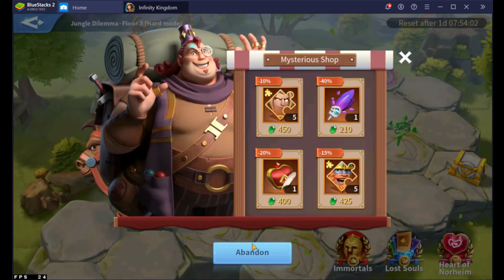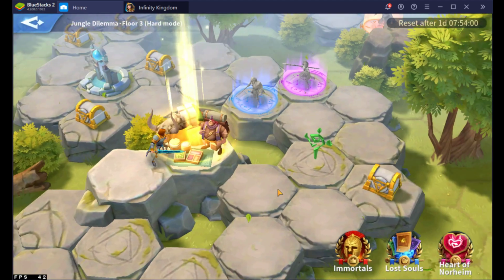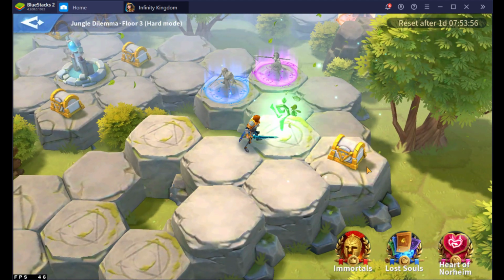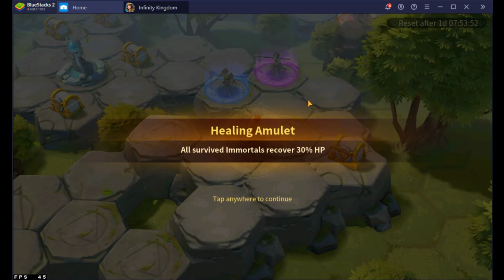Just so I have 2. Just so I have a front and a back, right? Just in case. I'm going to abandon this just because I never get those. So, then I'm going to go ahead and take this one and...